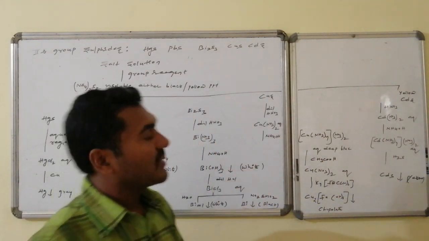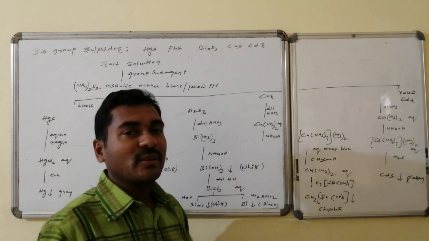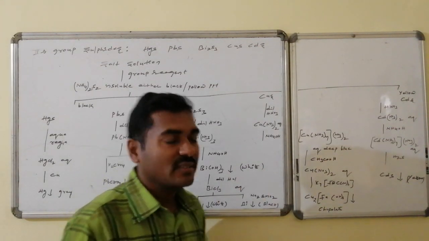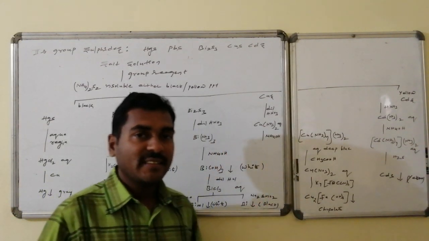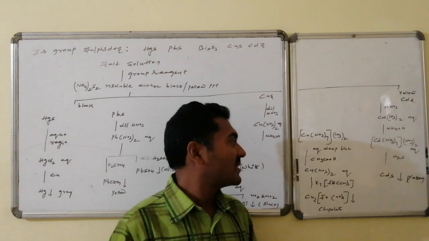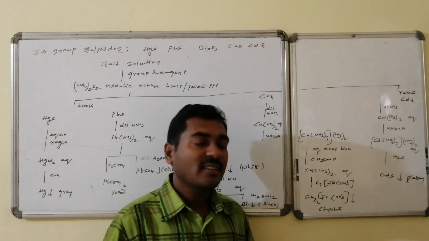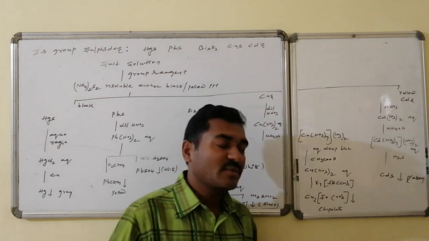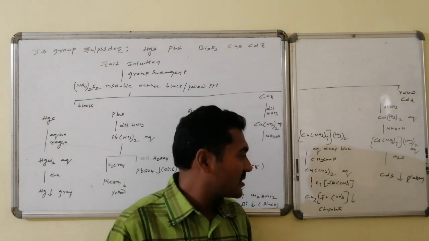Similarly, let us go for copper sulfide. On reaction with dilute HNO3 it gives copper nitrate aqueous solution. On reaction with ammonium hydroxide it forms tetramine copper(II) nitrate, a deep blue color solution. That on reaction with acetic acid once again forms copper nitrate. The same copper nitrate on reaction with potassium ferrocyanide forms copper ferrocyanide, a chocolate color precipitate.